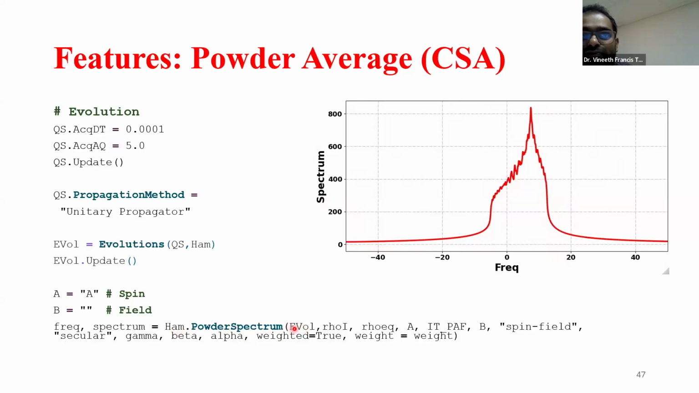Here you give the evolution class, which carries the information defined in the evolution class. You give the initial density matrix, the final density matrix, the spin A, then the principal axis tensor. Then this is nothing. If it is a quadrupole, you will mention this will be spin B. Then you are saying it's a spin field interaction. If it is quadrupole, if it is dipolar, you will mention